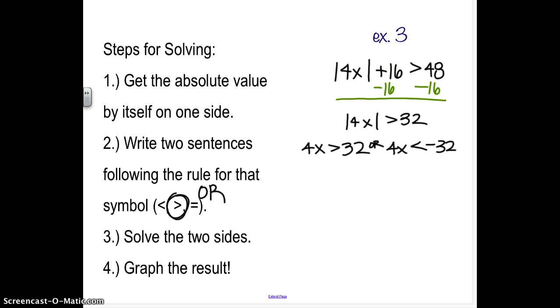Keep solving. Divide by 4 all the way around. Notice we're dividing by a positive, so everything's going to stay the same. And we have our or situation. Then we would graph that. And the graphs don't overlap here, and we don't need them to because that's how an or works. So you need to know how you write your two sentences. Is it an and? Is it an